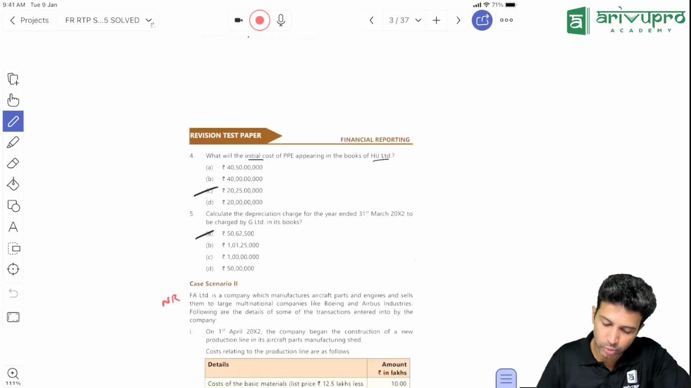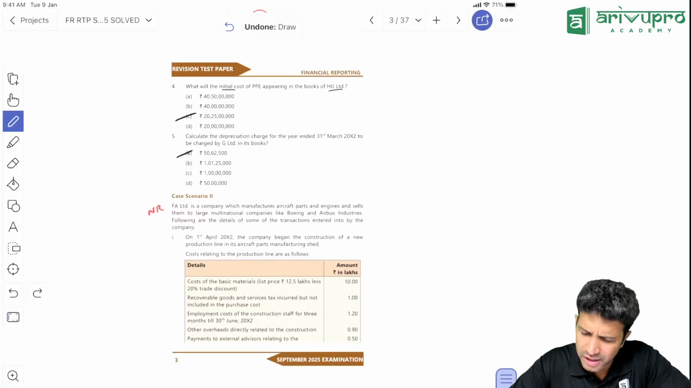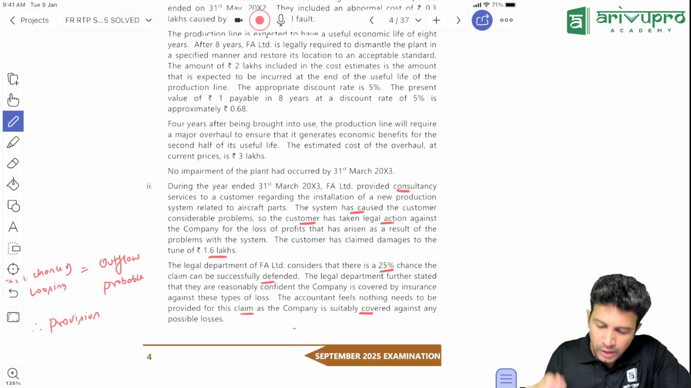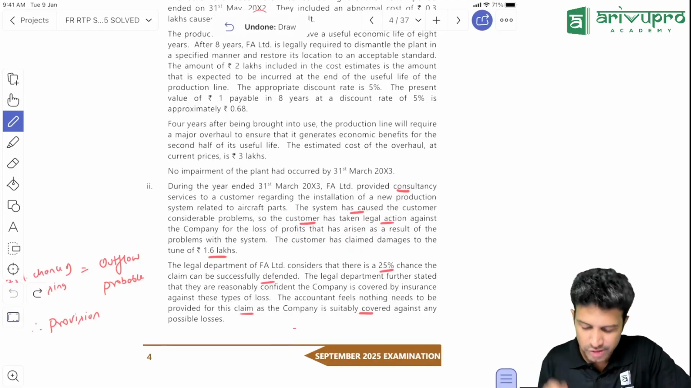Fine, fair enough. Next, what we have is case scenario 2. This is a descriptive question in our book. The same thing has been made into an MCQ. We'll not be doing that. We'll only be taking up the new things. Now, in this second case, there is another part. We'll read through this part. It's also straightforward. But yeah,